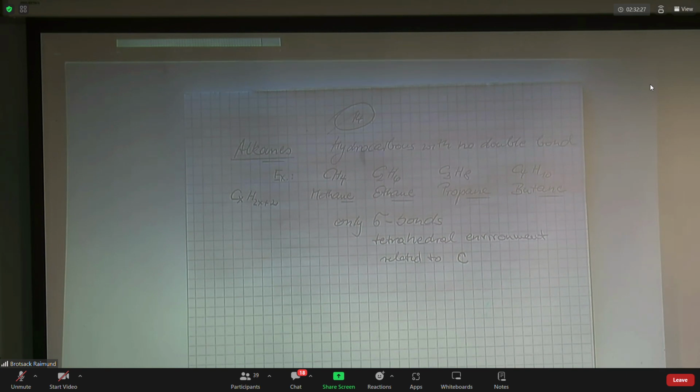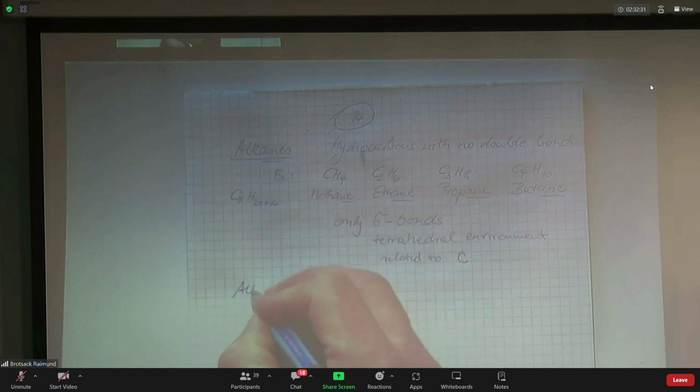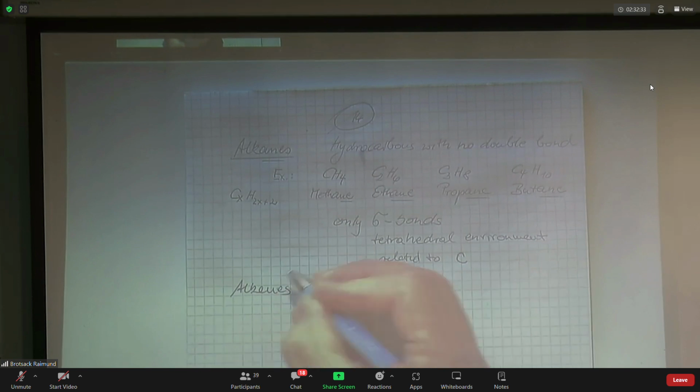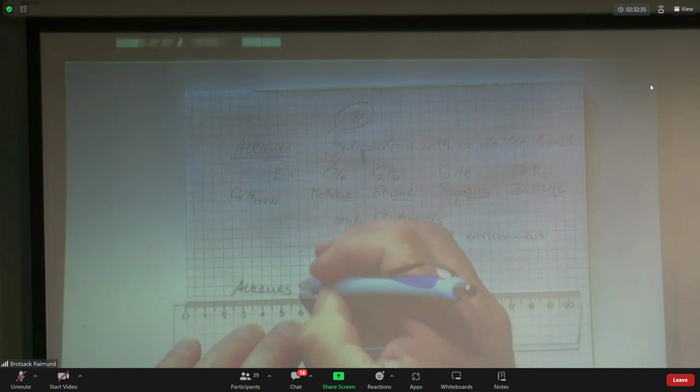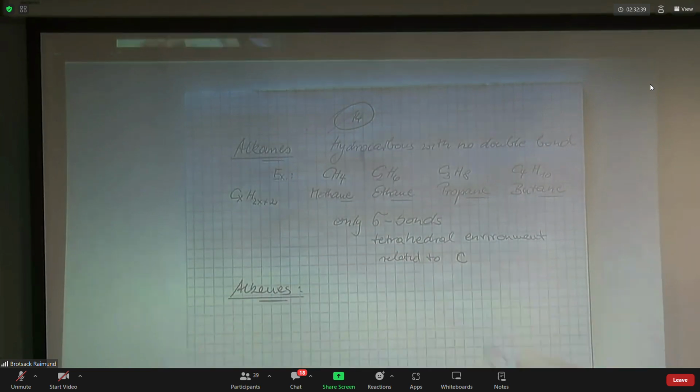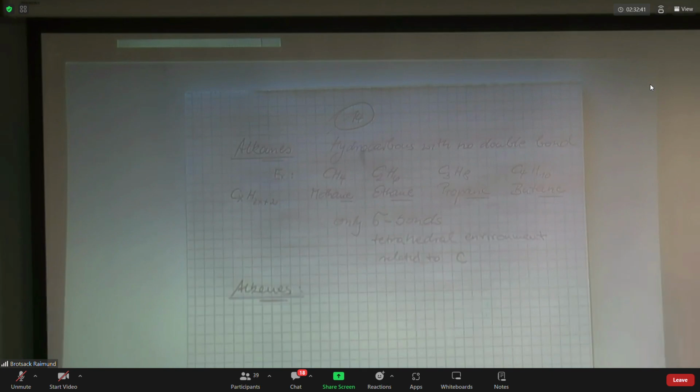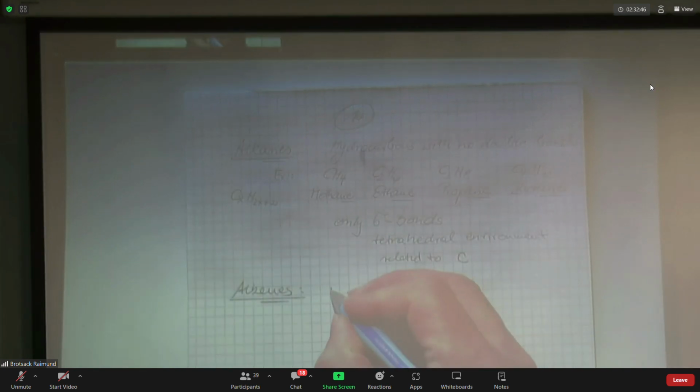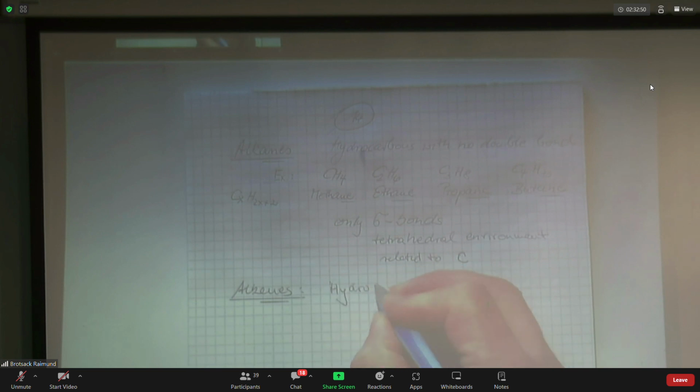Now the alkenes. Now we have the -ene, minimum 1 double bond. So hydrocarbons with minimum